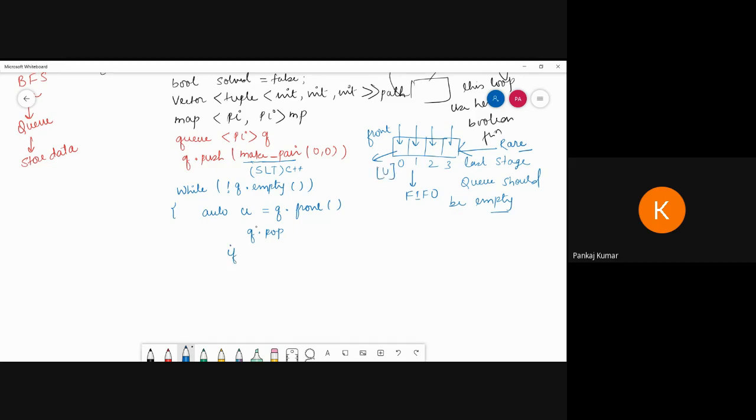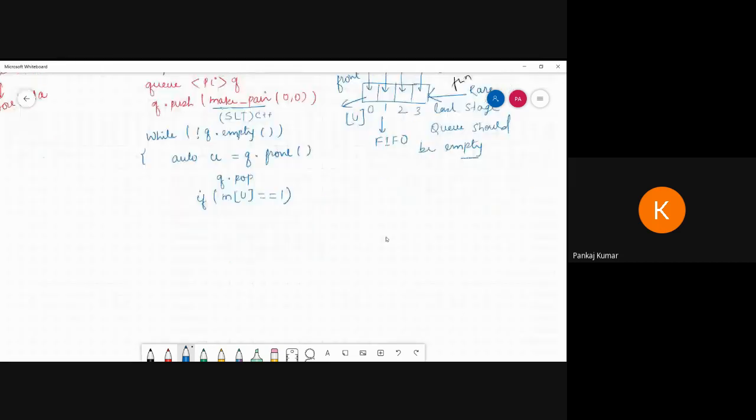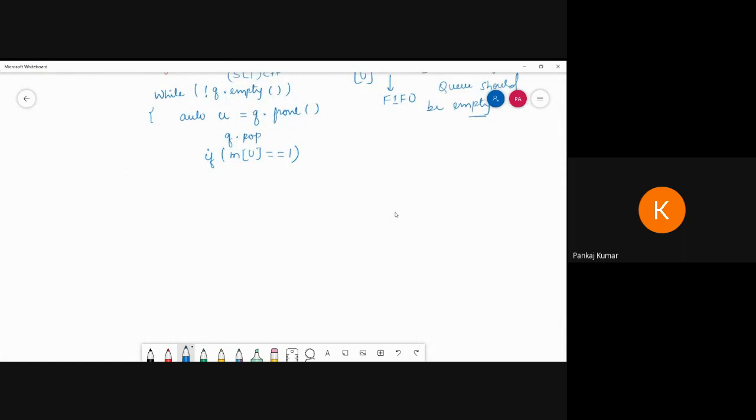Suppose if m of u is equal to 1, that means true. Here 1 is acting as true. Equal to 1, then we have to continue.